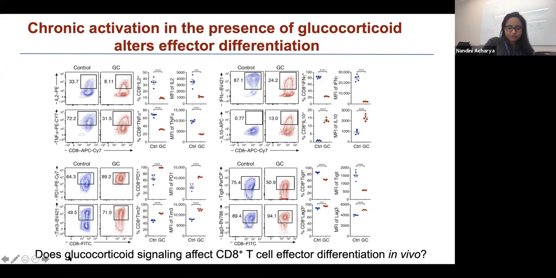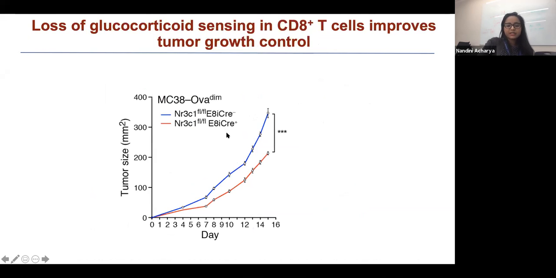So now we ask the question, does glucocorticoid signaling affect the differentiation of CD8 T cells in vivo and specifically in the tumor microenvironment? So to answer that question, we generated mice which specifically deleted the glucocorticoid receptors from CD8 T cells. We implanted MC38 ova colon cancer model into the wild type mice and knockout mice. And as you can see here, indicated by the red here, the knockout mice had lower tumor burden compared to